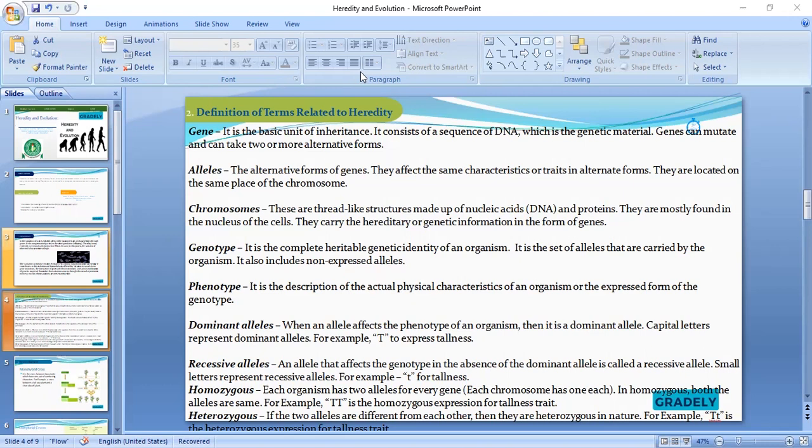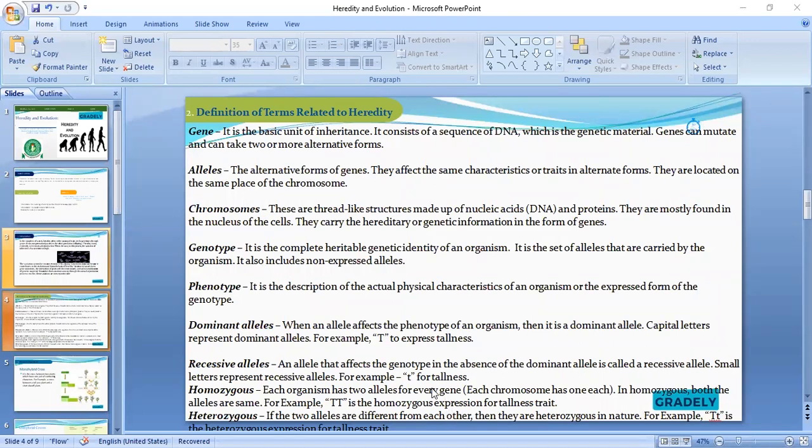I've explained what a dominant character or dominant allele simply means. I've explained what a recessive allele means. Now I've explained homozygous. Now let's look at heterozygous. Without someone going extra mile to explain, you should be able to understand that heterozygous simply means what? They are distinctive. They are not the same. Are you getting it? They are not what? The same. So we say that if two alleles are different from each other, then they are heterozygous in nature.